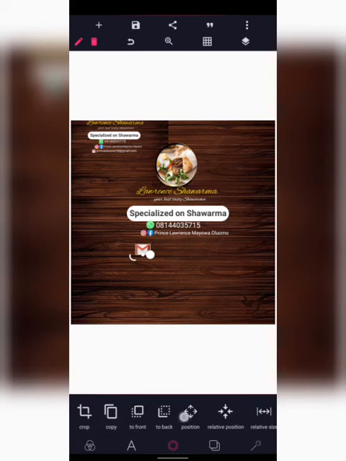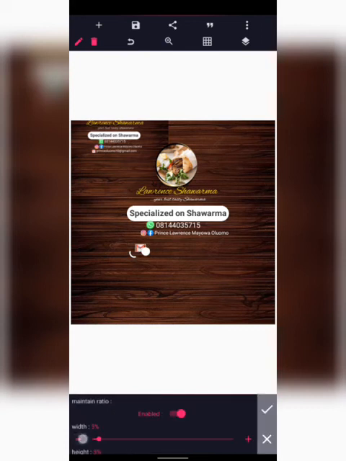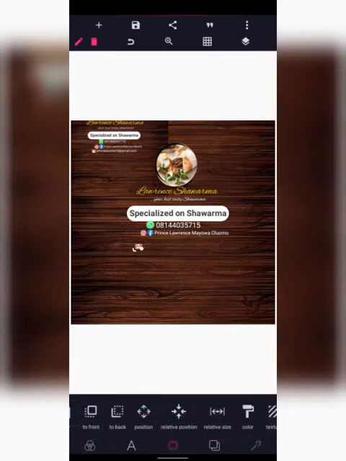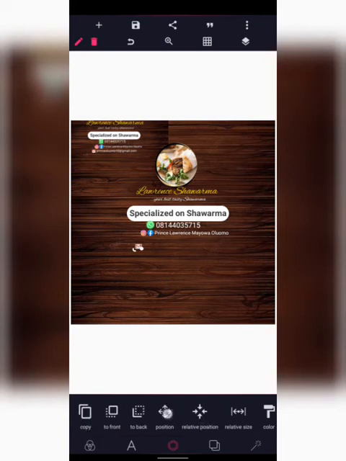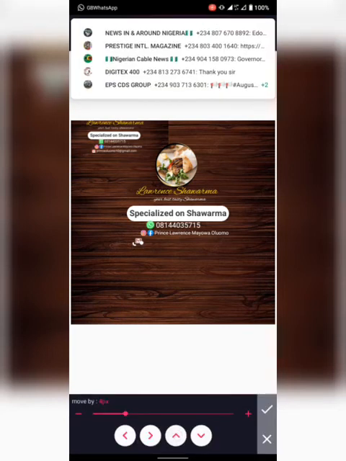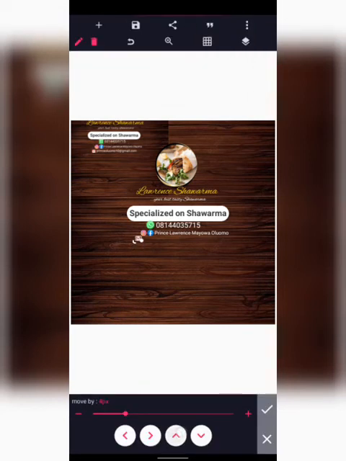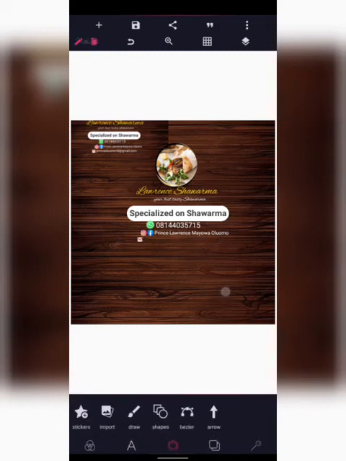Now let me try and reduce the size. I think it's okay this way. Now let me position it. Let me try to position it. Okay, let me bring it up. Okay, good. Now let me try to write that right up, which is